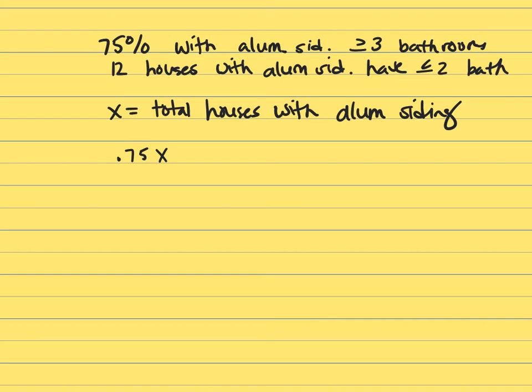more bathrooms. Okay? Because X is the total number of houses with aluminum siding, and if I multiply that by 0.75, that's going to tell me how many have three or more bathrooms. And then plus, well, if they don't have three or more, that means they've got two or less, and there's 12 of those. So this is greater than or equal to 3 bathrooms. This is less than or equal to 2 bathrooms, and that gives me my total number of houses with aluminum